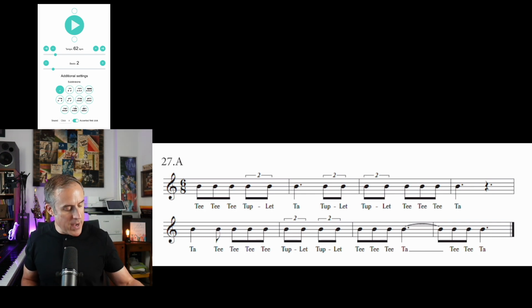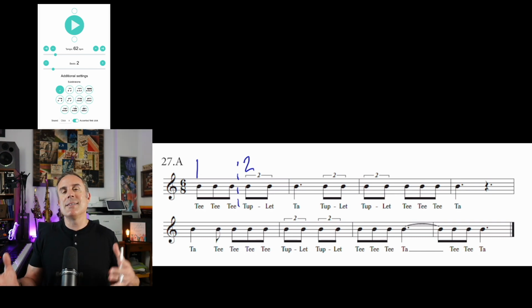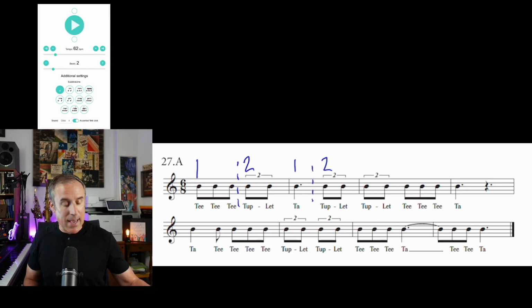In the first measure, we have TTT, the normal, the typical subdivision in 6/8, followed immediately by a tuplet, a duplet in this case, borrowed division. Our invisible bar line will go right here. This will be beat 2, divided now into 2 instead of 3. Okay, measure 2, we've got a dotted quarter note, invisible bar line, and more duplets, again pronounced in the Tik-A Tee verbiage as tuplet. Measure 3, we have a duplet, invisible bar line, the typical subdivision in 6/8, 3 eighth notes,